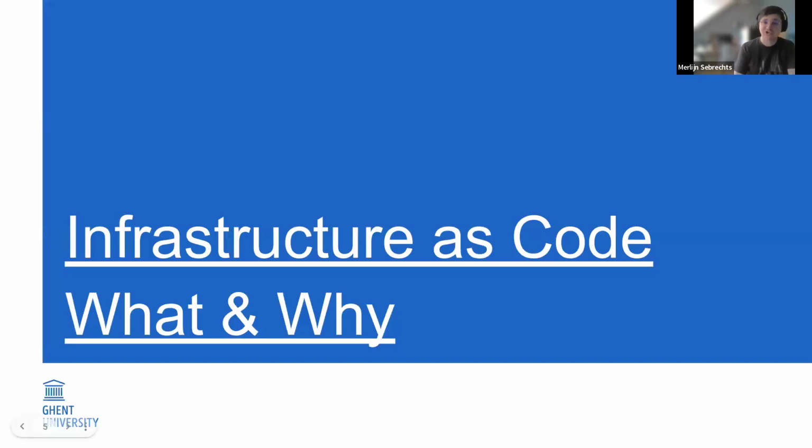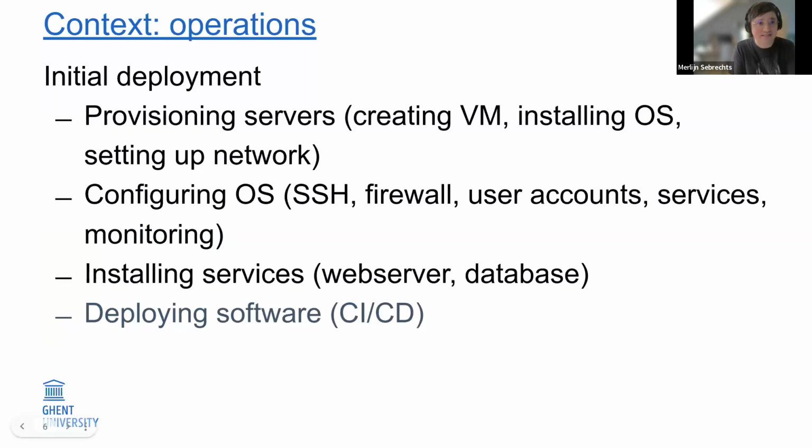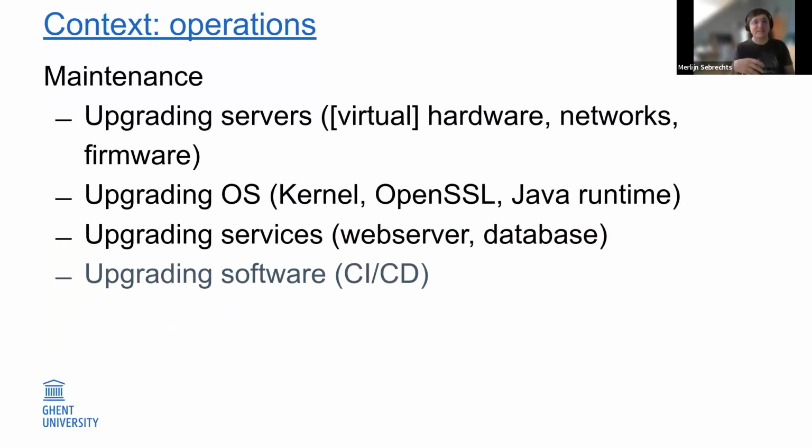So infrastructure as code, what is it specifically? Infrastructure as code is in the context of operations, so what we traditionally call IT system administration. This talks about the initial deployment of servers, provisioning servers, configuring operating systems, installing services, and deploying the software that your company builds. This is also about maintenance, upgrading servers, upgrading operating systems, upgrading services, and upgrading software using CI/CD